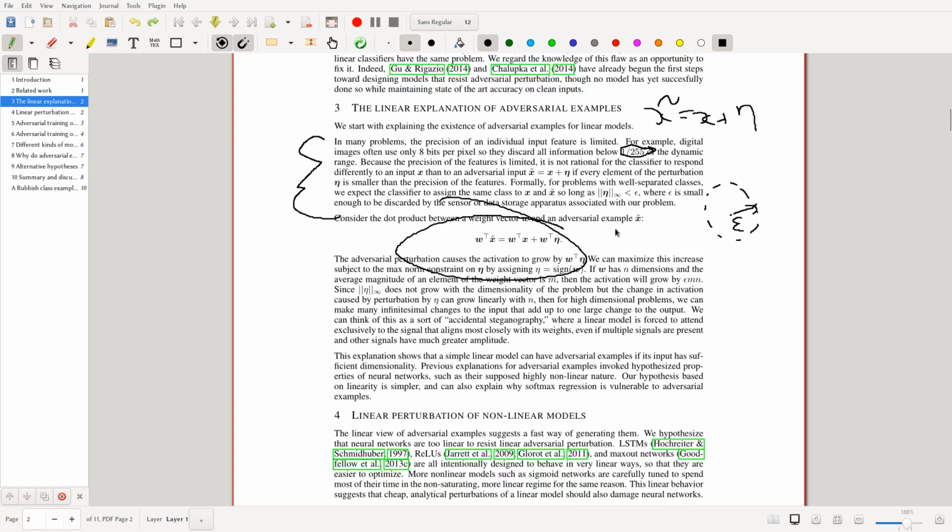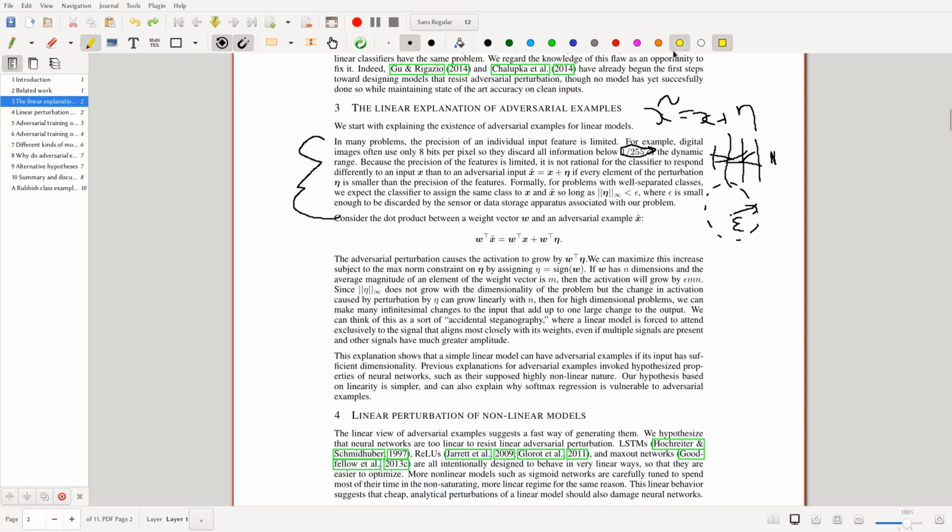Now here we talk about dot products. Dot products are fundamental to neural networks, right? Let's say we have a network with inputs, then the hidden layers, and then the output. Each connection is just a dot product, maybe with a bias, but what we're really interested in is the dot product, because the dot product is a function of the feature vector, the input. So what we're saying here is we can split this adversarial sample into the combination of the initial vector and this perturbation. And this is what we're in control of.